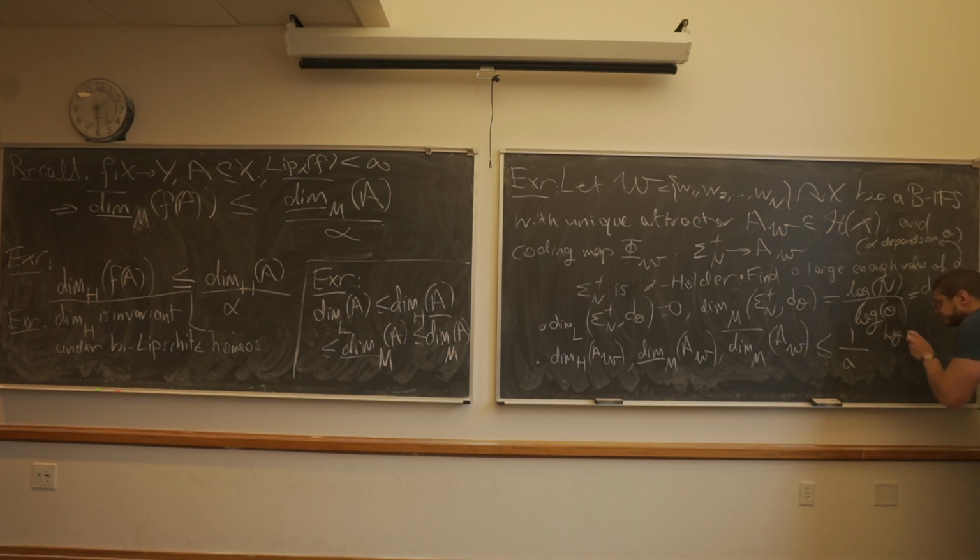log n divided by log theta. Once you compute a nice value for alpha as a function of theta, it's going to cancel out this factor of log theta, and you're going to get something like log of n divided by log of 1 over capital L, where L is the maximum Lipschitz constant of one of these maps. So ultimately, this upper bound is not going to depend on theta, which makes sense because